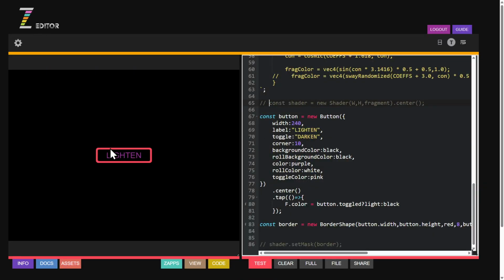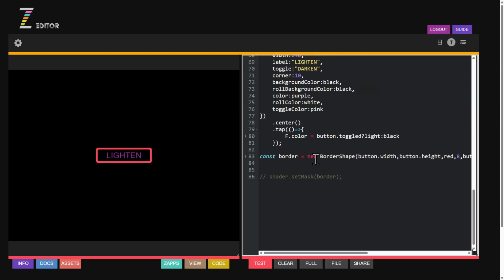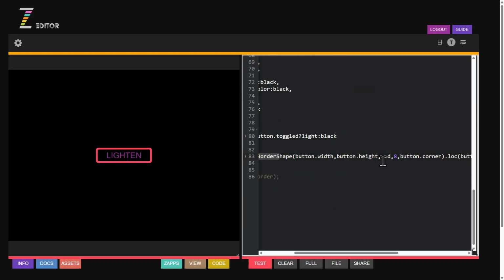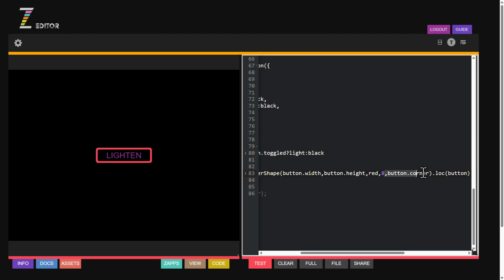All right. And so what we've done is we put a border shape the same size as the button, same corner as the button, and we've located it at the button. Tell you what, why don't we, for now, just center it, and we'll make it a little bit bigger. How about we make it 200 by 200? Let's have a look at this. So there's 200 by 200, and we'll make it like 20. Okay, that is a shape, and how we did it is we made